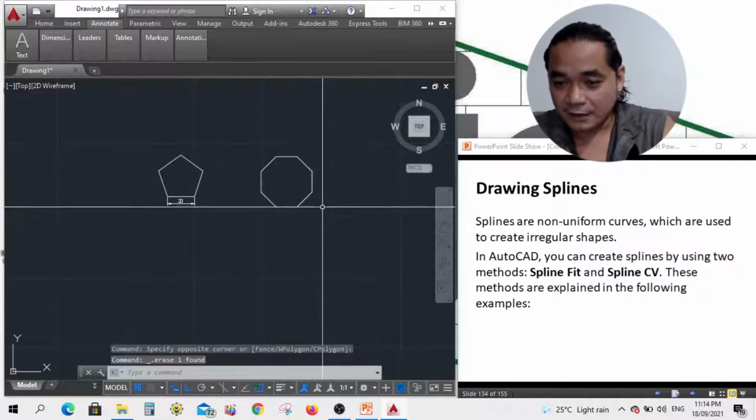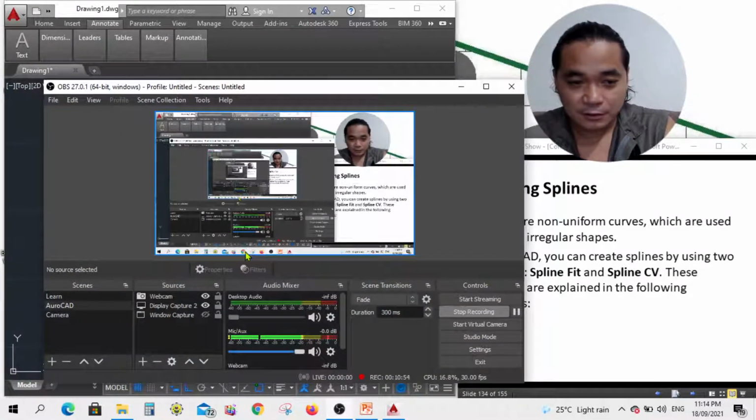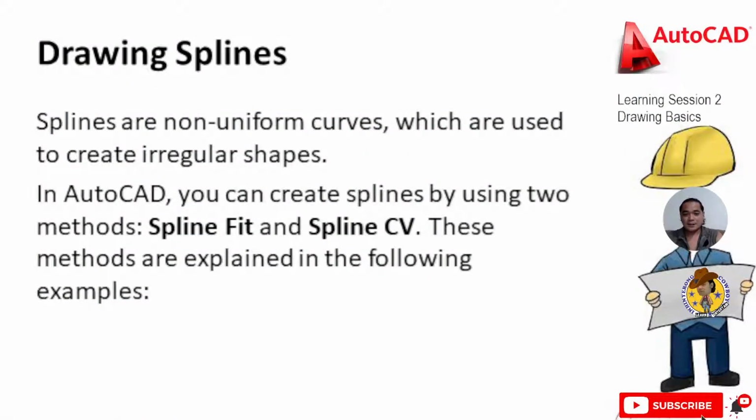Okay, so our next topic is drawing splines. Okay, so let's go back to our. Okay, so we are now on drawing splines. Splines are non-uniform curves, which are used to create irregular shapes. In AutoCAD,